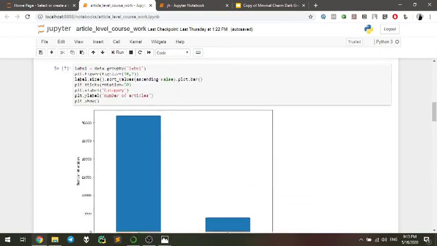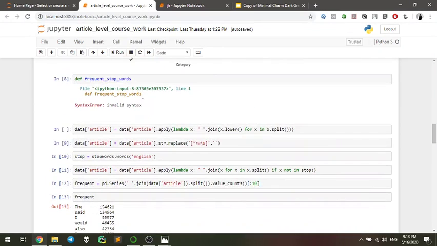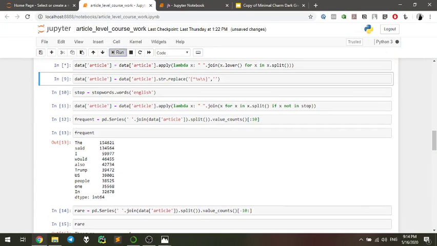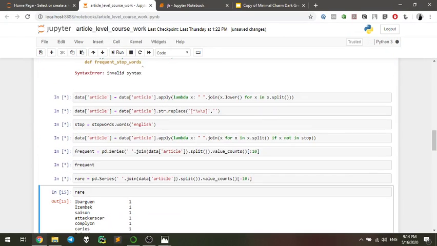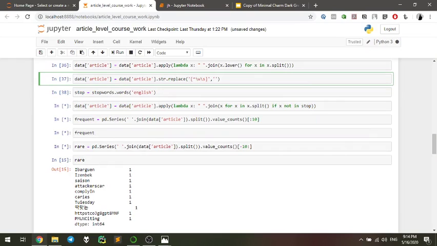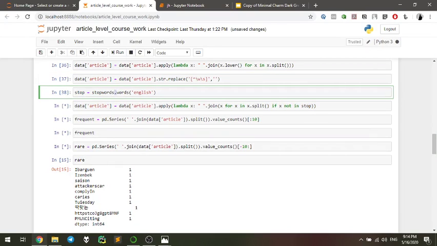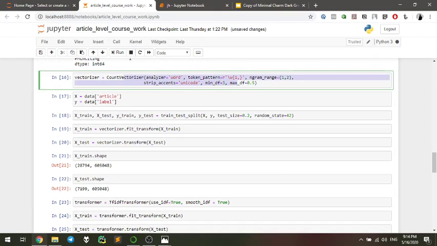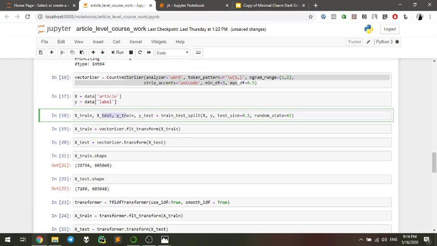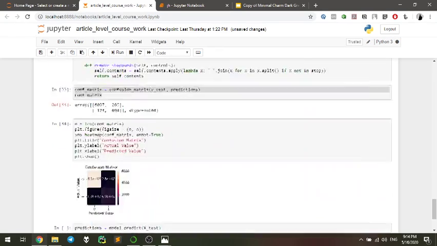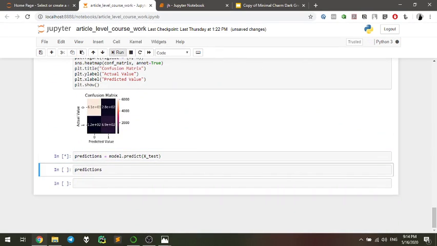So as we can see, this is the article level coursework, the article level model. As we can see, the data is being converted to lowercase, the punctuation is being replaced, and the stop words are being removed. The next thing we do is vectorize our data. Firstly, we divide it into test and train sets, then we vectorize, transform it, and fit our model. And so we can predict some of our